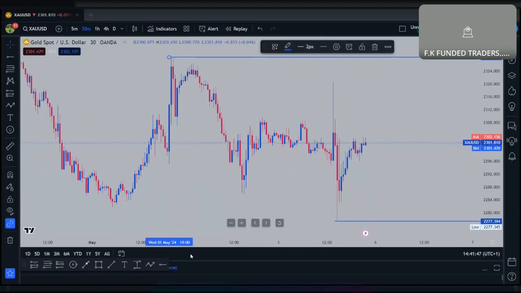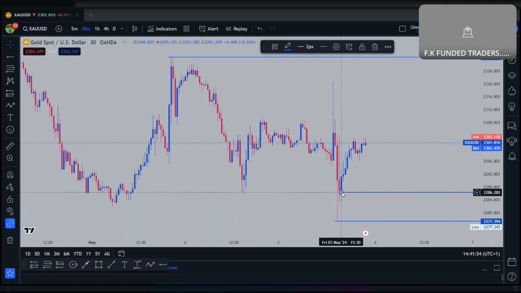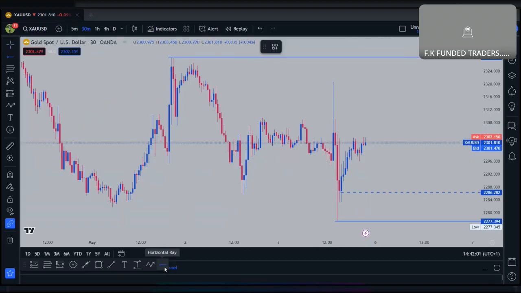So I have to know where I should expect the market to buy. This was the first area that was expected. The lowest area, the market respected on the 30-minute time frame. They already respected it. So now we have to wait for the market to show us where we are going to sell or buy from, because this is just a wick. It was a manipulation whereby the market was sweeping some liquidity, collecting some money.